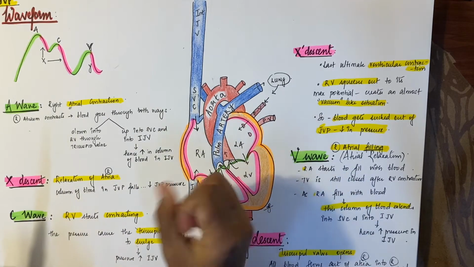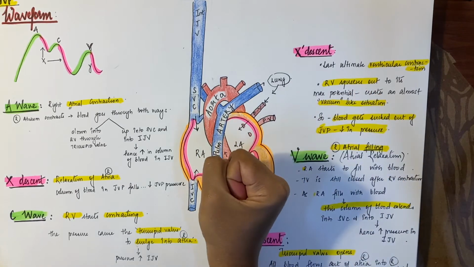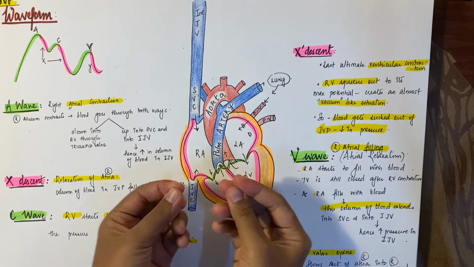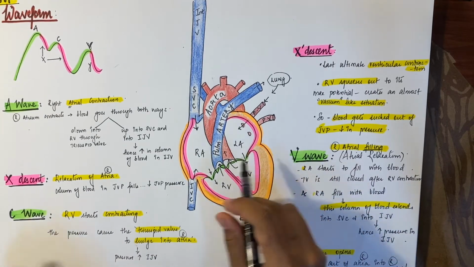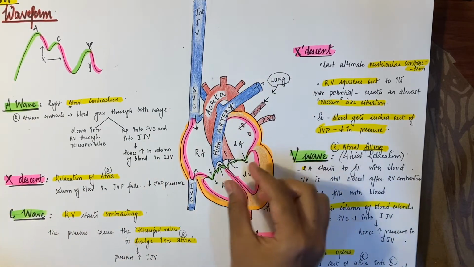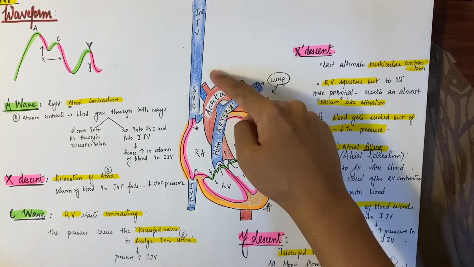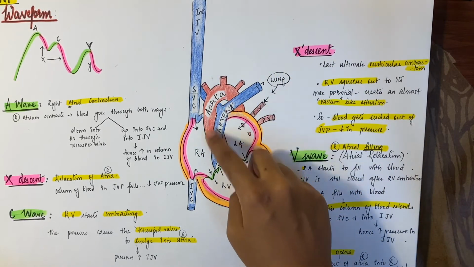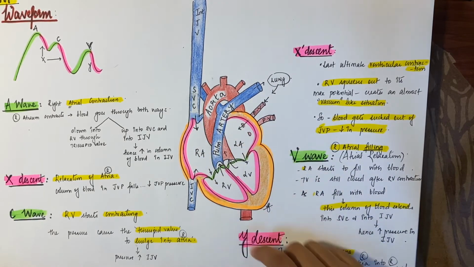So the remainder of the X descent is basically the end of ventricular contraction, or the final part of ventricular contraction. Here, the ventricle squeezes out as much blood as possible and it becomes really small. So this creates a space in the pericardium. It's almost like a vacuum. Since the ventricle is so small, it pushes out all the blood it has inside, and this creates more space in the atria to fill blood.